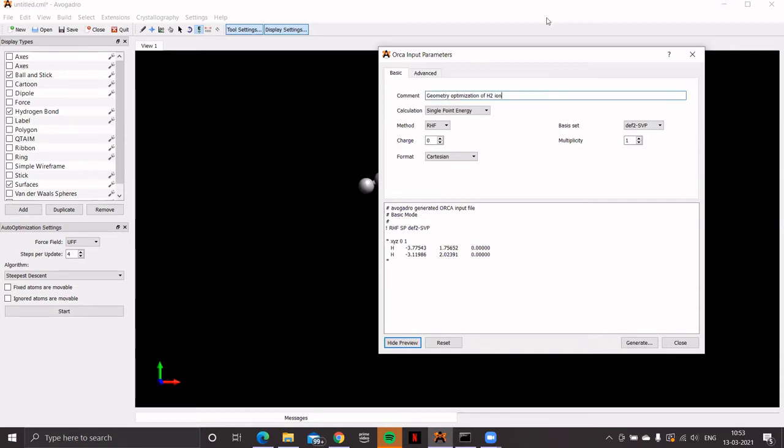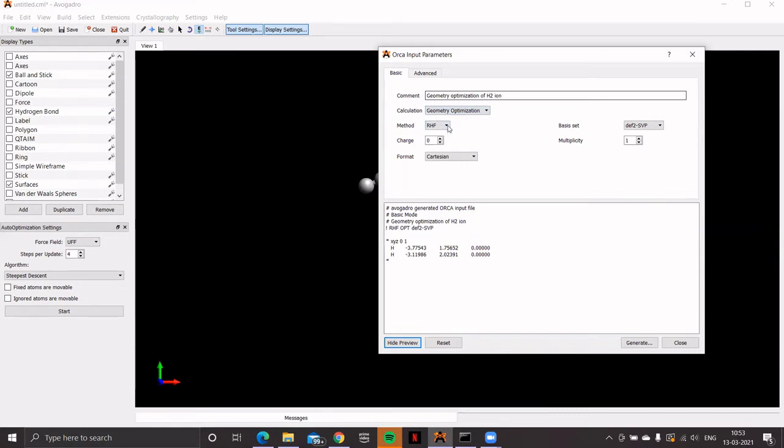That's a comment. So make this a habit, to give a proper comment just to know what this job is meant for. And then I'm going to do the geometry optimization calculation